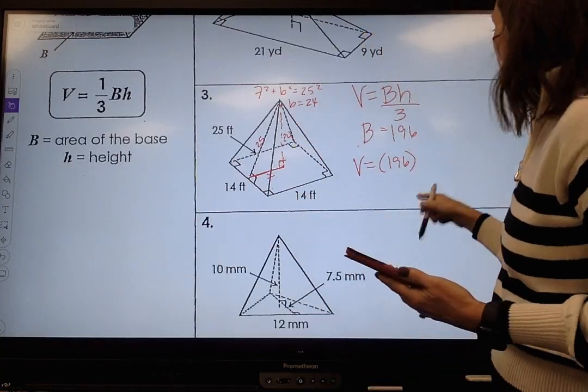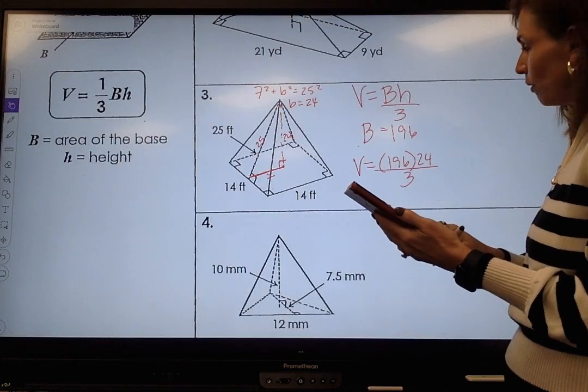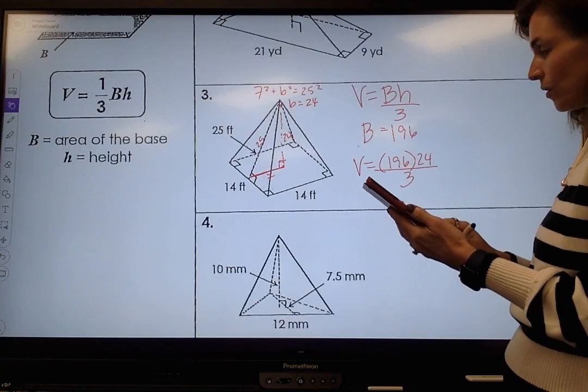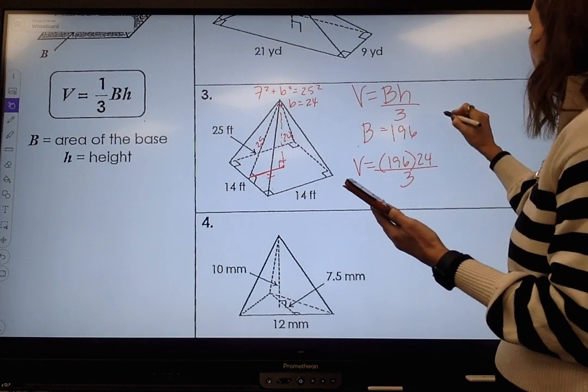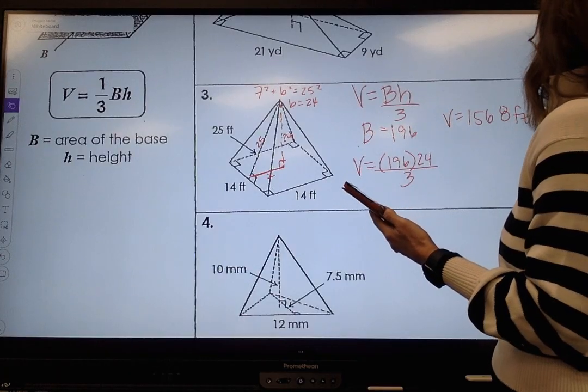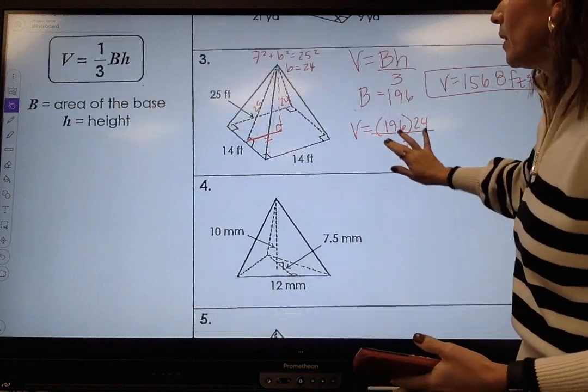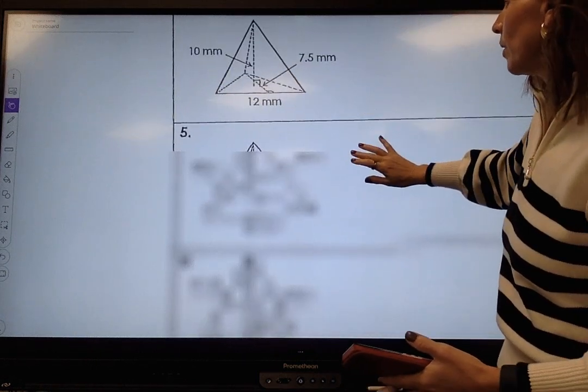I had to find it. So the height is 24 and all divided by 3. So it took a little work on that one, but that's okay. You can do it. And I get the volume is 1,568 feet cubed. Okay, so took a little work, not a big deal. Let's look at number